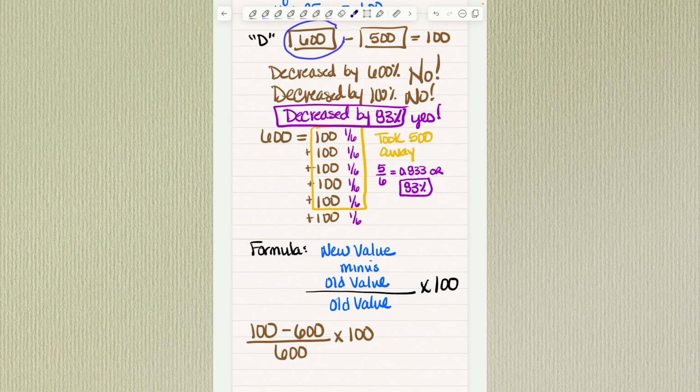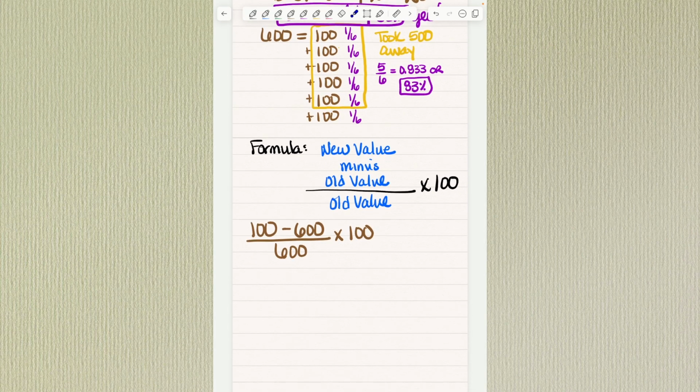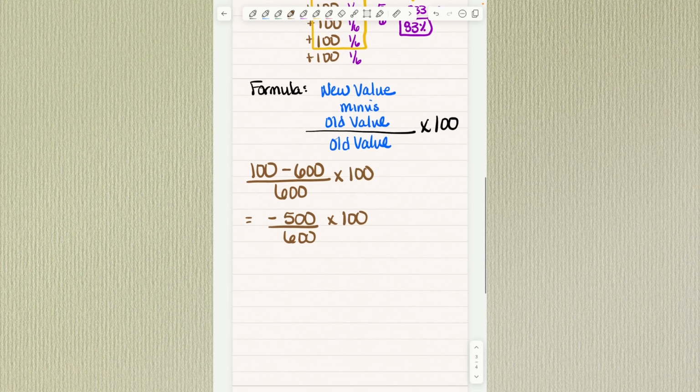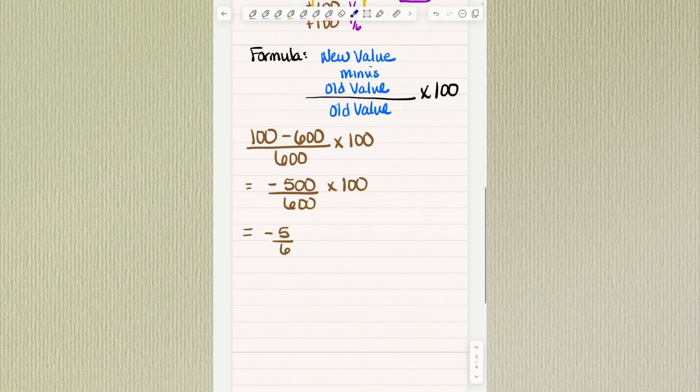Okay. This was my old value, my original value. This is my new value, and we want to know what percent decrease that was. So 100 minus 600, hey, no shame in your game, use your calculator. This gives you minus 500 divided by 600, and we still have to multiply by 100, right? So minus 500 divided by 600, that's going to give us minus 5/6, which we saw up here that when you put this in your calculator is 0.833. Okay, so times 100. So this is going to be a negative 0.8, and it's got a bunch of threes. I'll just write a couple, times 100. And so when you multiply that by 100, you get negative